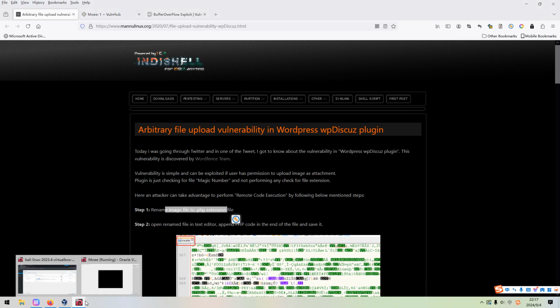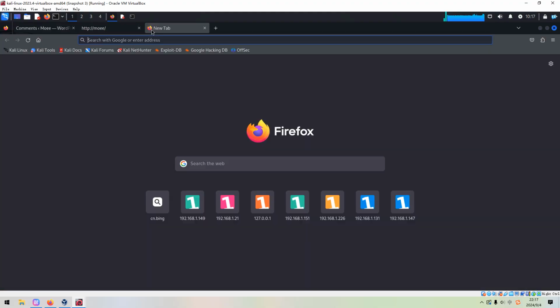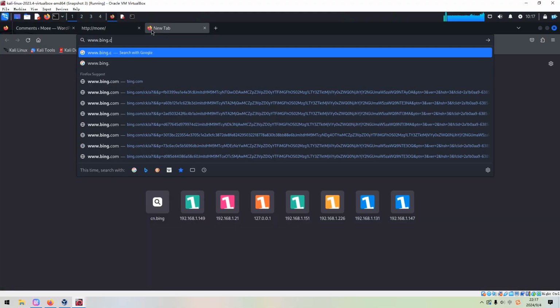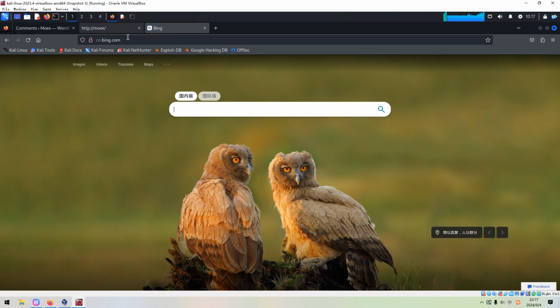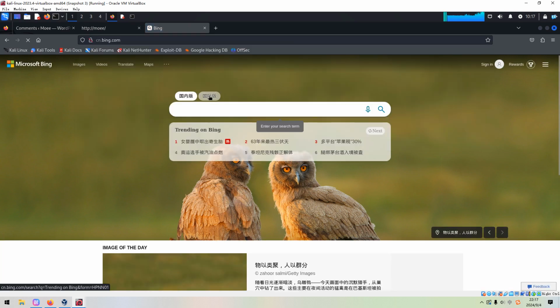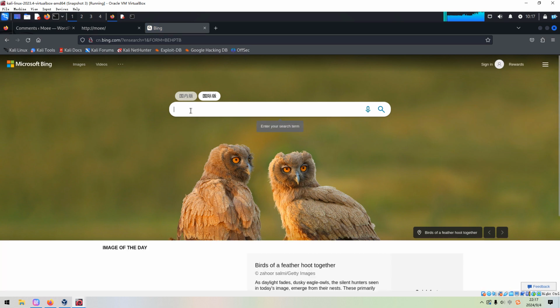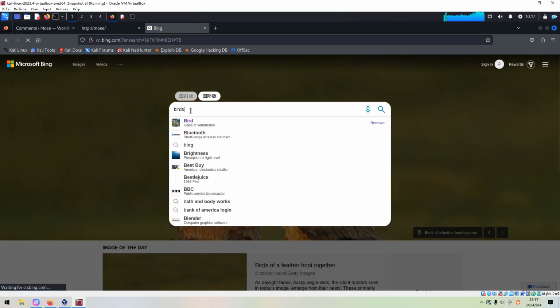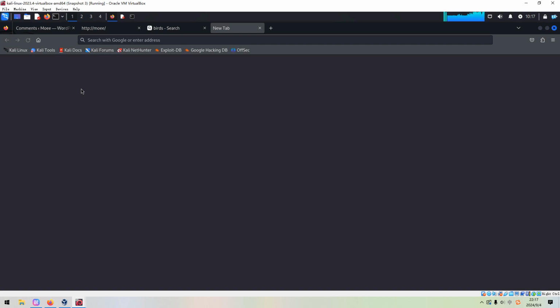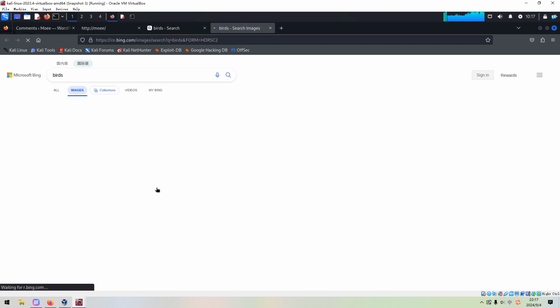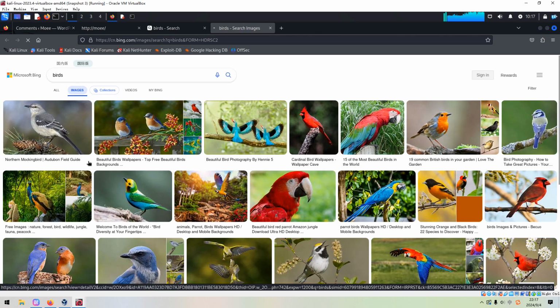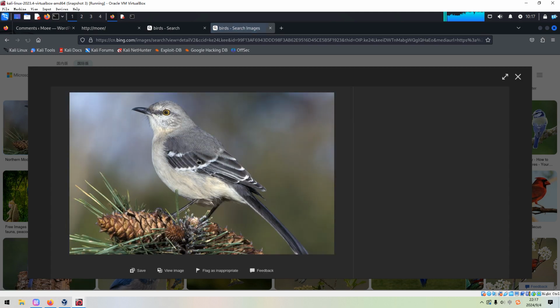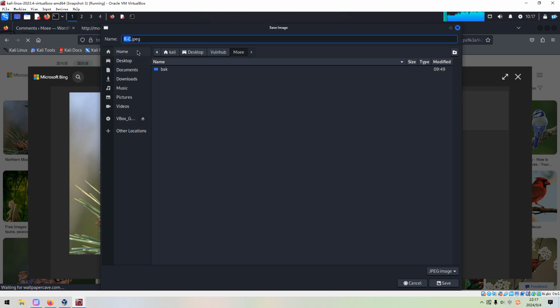We can use any image file. We can go to Bing, and we can get some picture, for example, birds images, and we can save this picture to our working directory.